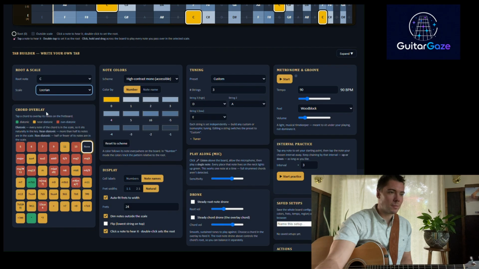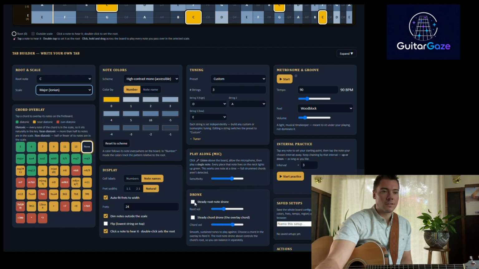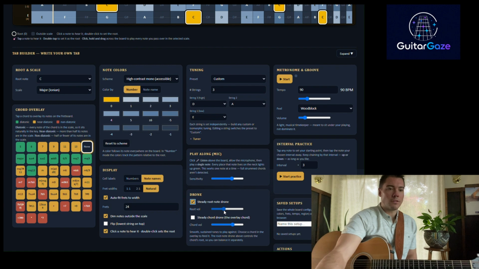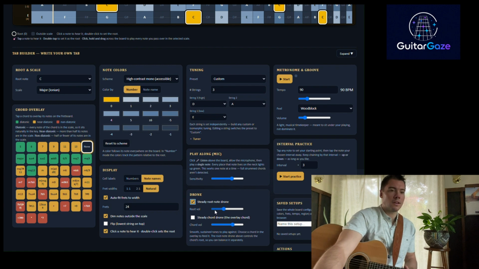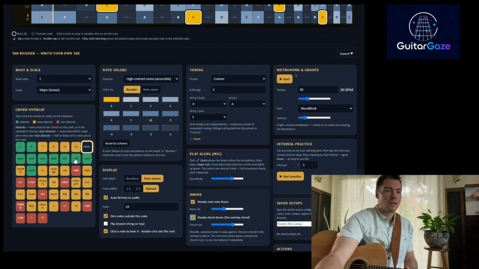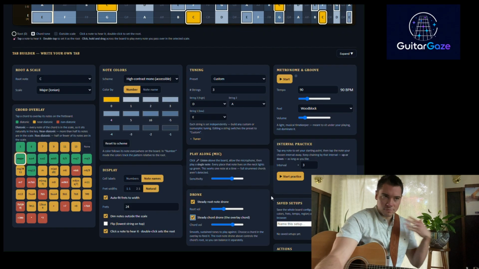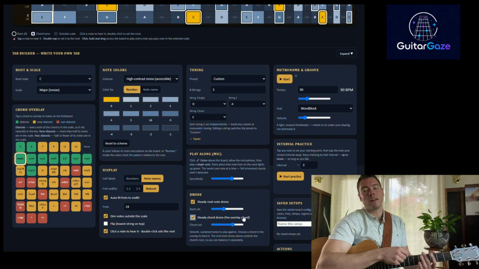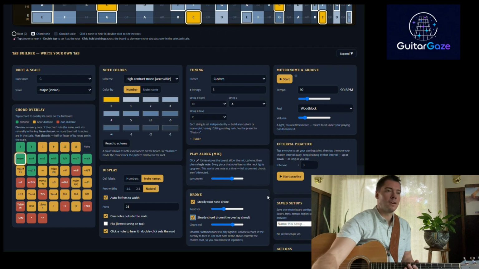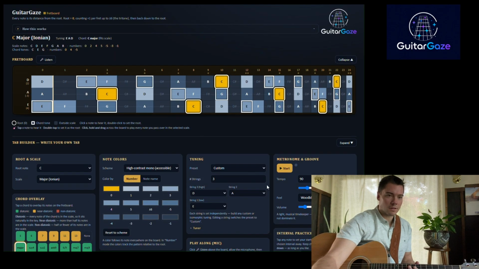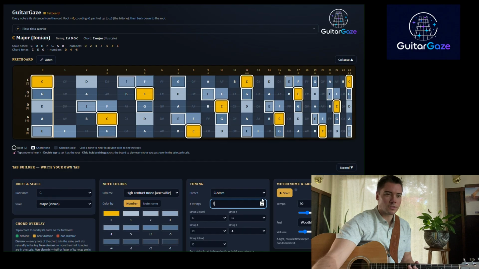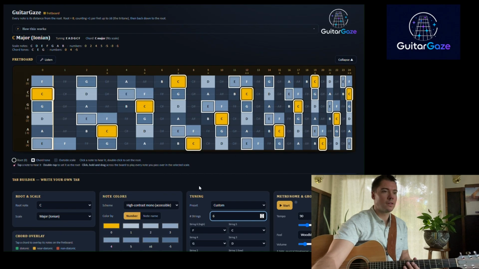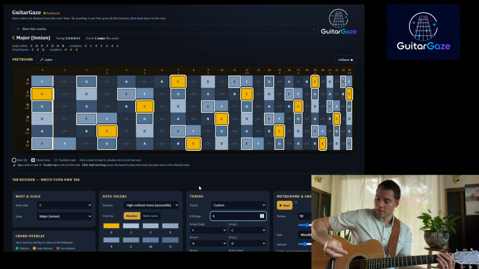I'll go back to C major, I guess, and just get a steady root note drone going. So here you can hear C playing, and then if I click the C major scale or chord and press that, now we have the C major chord playing as a drone. So I can listen to that and play the guitar along with it. I'll just stare at the fretboard here. Let me get my 6 strings back because that's what I'm used to. Now that that's playing, I can